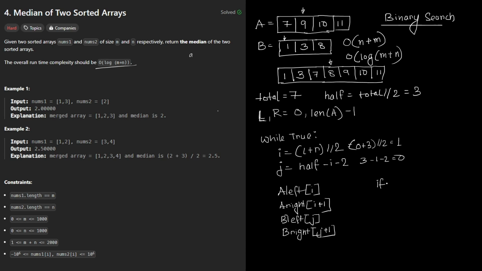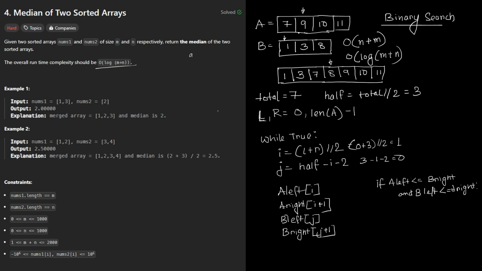Now, if A of left is less than or equal to B of right, and B of left is less than or equal to A of right, in that case,